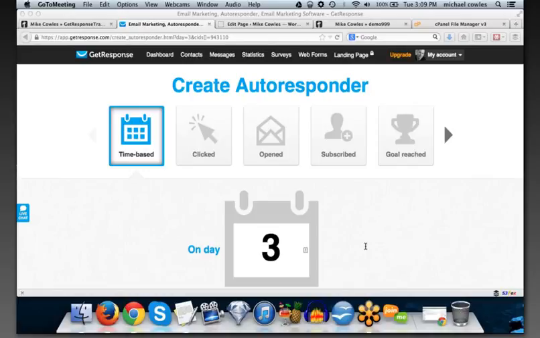All right, let's see. So Gina said, why do you use the HTML editor instead of just a plain text template? Because if you don't have the clickable link in there, Gina, then GetResponse has no way of tracking whether or not people are clicking on your links. So you'll see it was delivered to 700 people, 68 people opened it, but it'll show 0 for clicks. And you really want to know what your click rate is as well. All right, so Lynn says, this seems a lot easier than AWeber, more easily understood for a new person. I agree 100%.